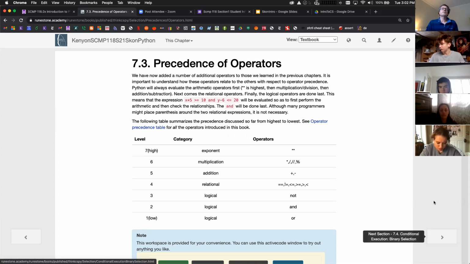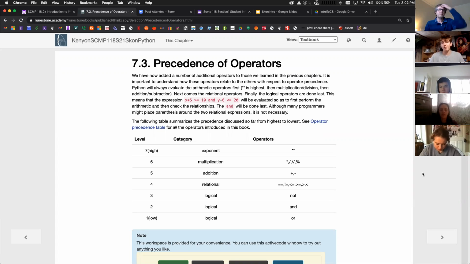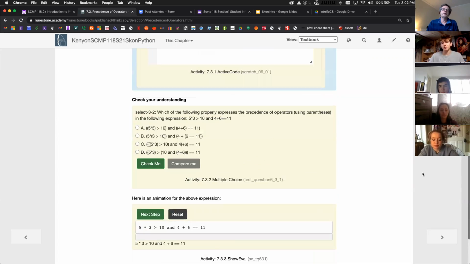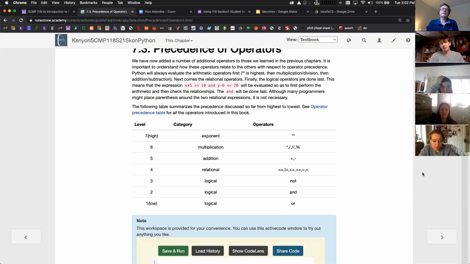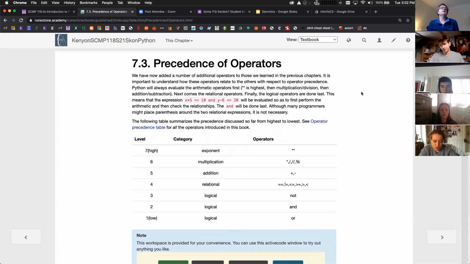Mostly people have been pretty happy with this textbook. I've been pretty happy with it, but it is important that you read this book. It's not like a regular book, which is amazing, and it's completely free. You know how much you can spend on books. I don't have to tell you that.